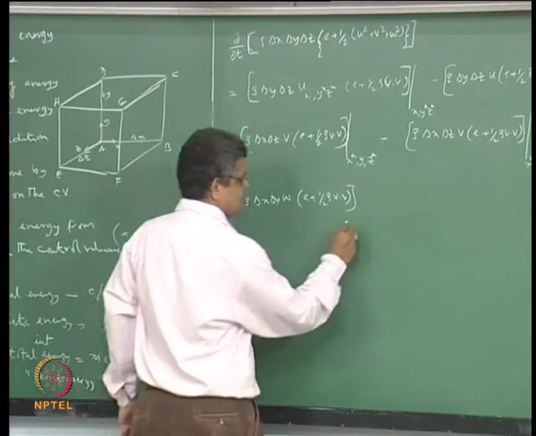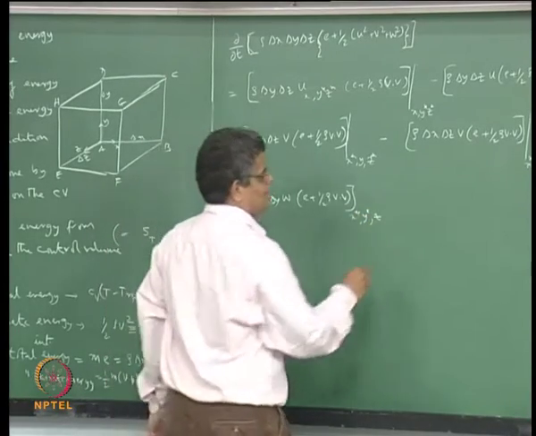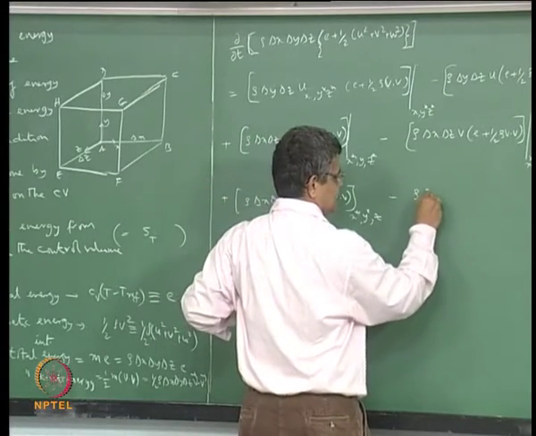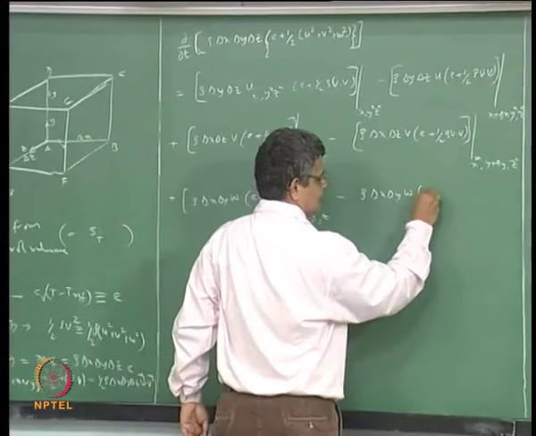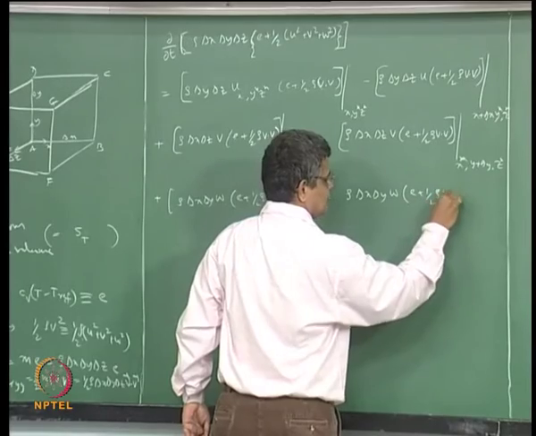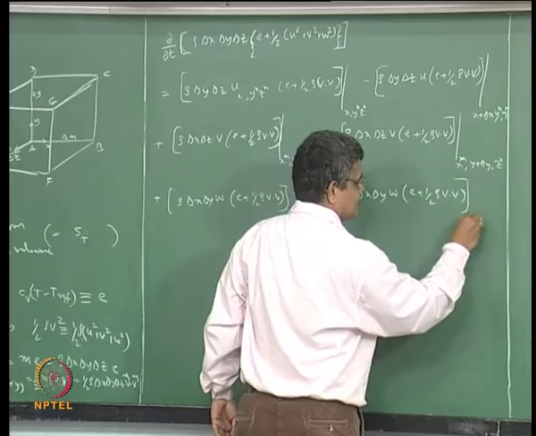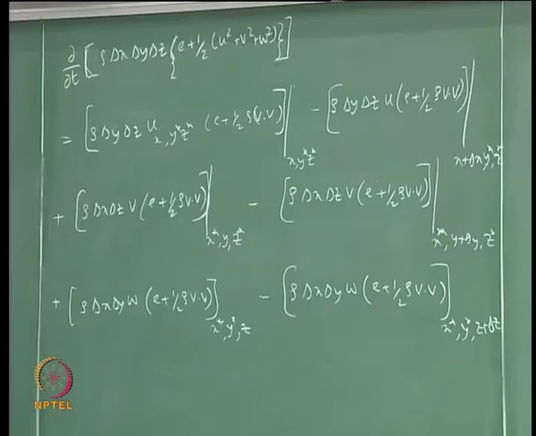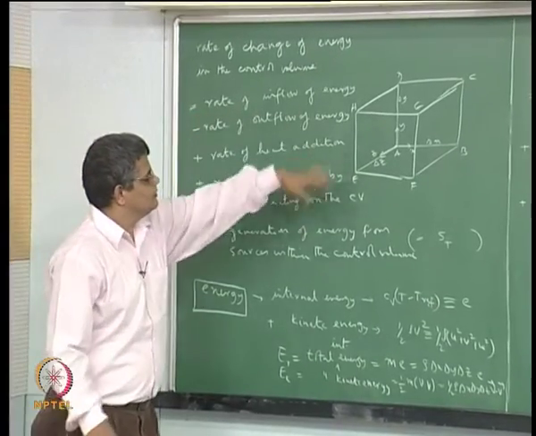This whole thing evaluated at x star, y star, z, minus what is leaving through the front face, which is rho times delta x delta y times w times E plus half rho v dot v, evaluated at x star, y star, z plus delta z. So these 6 terms represent the rate of inflow minus rate of outflow of energy through the 6 faces of